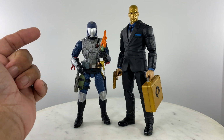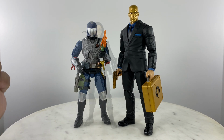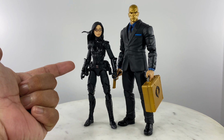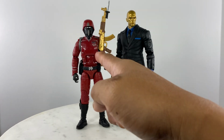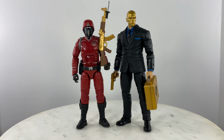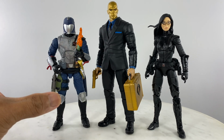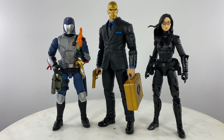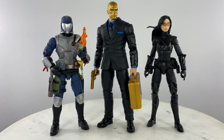Destro with my version of Cobra Commander. Destro with my version of the Baroness. Destro with my kitbash version of the Crimson Guard. And once again, we have Destro with the Cobra Commander and the Baroness. You'd imagine that the black suit is lined with tactical fiber,